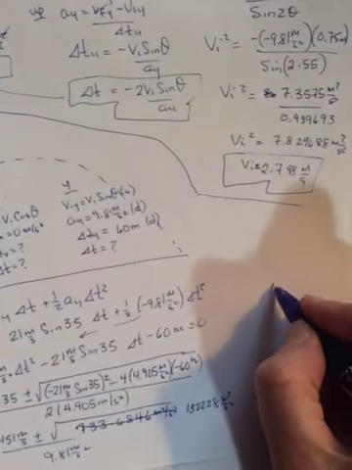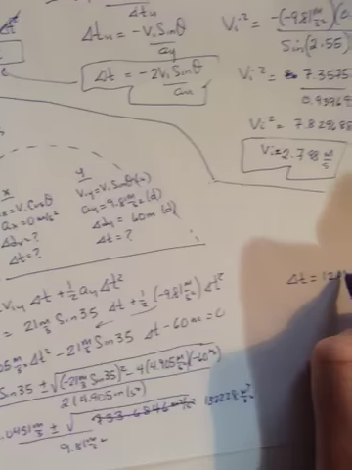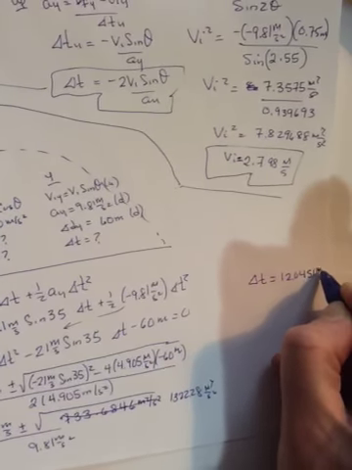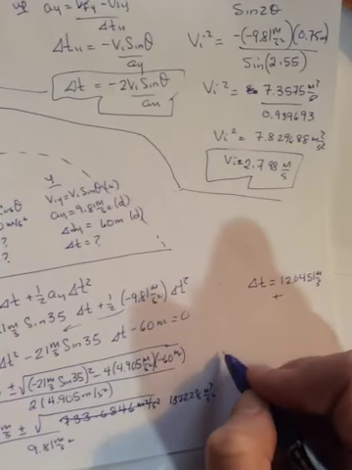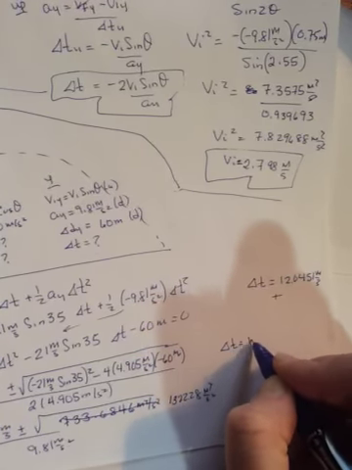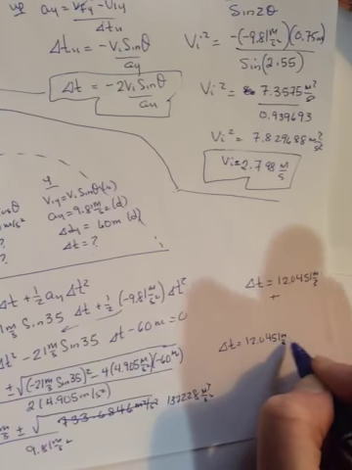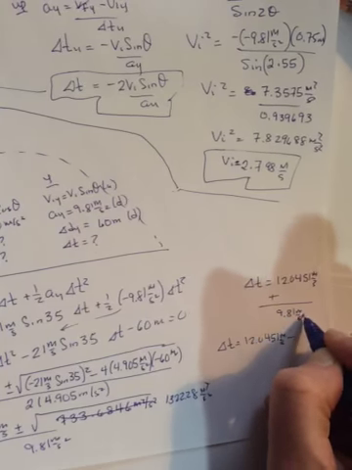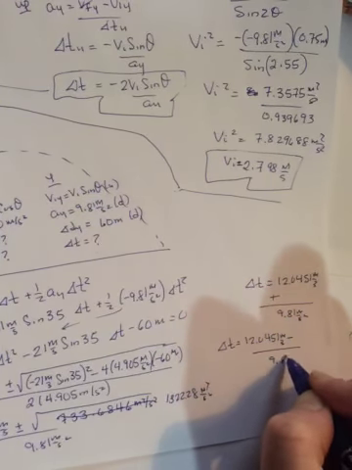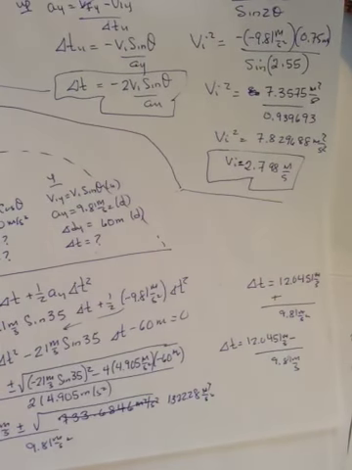Okay, and so then that gives us a time of 12.0451 meters per second plus, 12.0451 meters per second minus, and this is going to be over 9.81 meters per second squared. So when I take the square root, you get